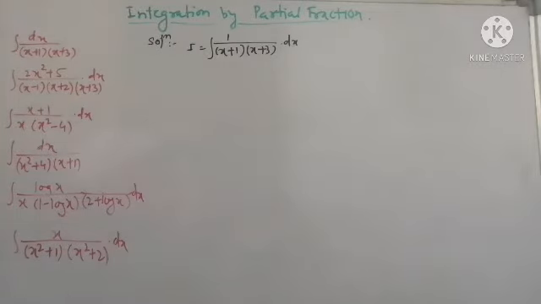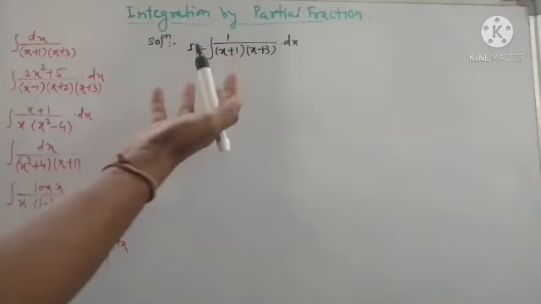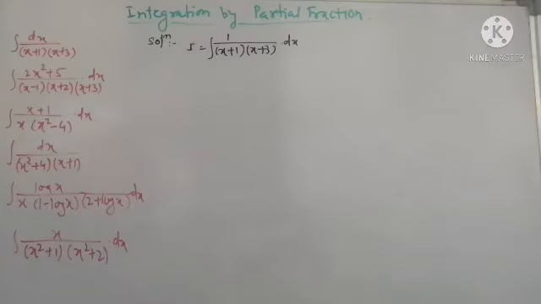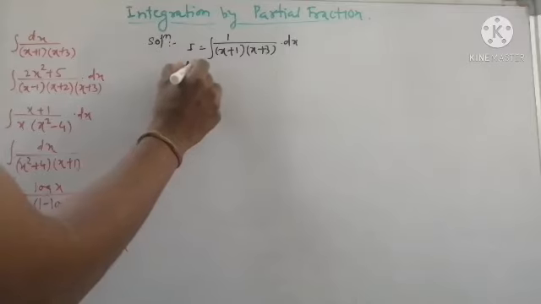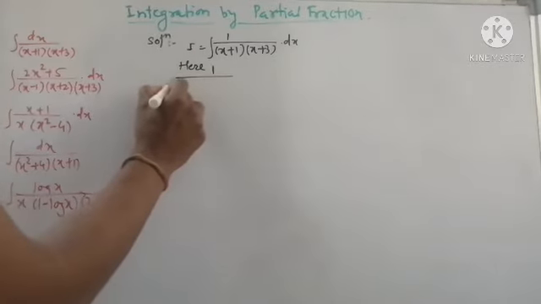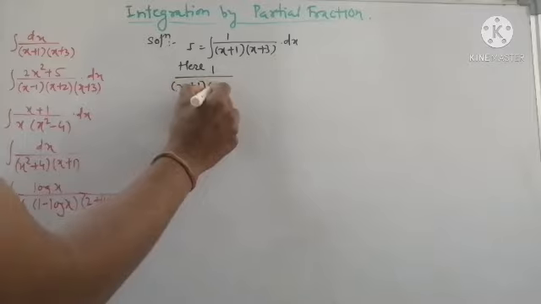As these are the examples, as you can observe here, in each integral we have a fraction and the denominator is factorized. In partial fraction, factorization of the denominator is necessary. As in this example, we have a denominator with two linear factors. So to evaluate the integration of such a given rational fraction, we first take the rational fraction out of the integral. Here it is 1 upon (x plus 1)(x plus 3).